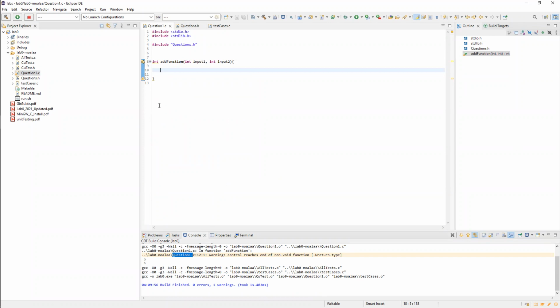And now after doing this step, I can run my project by selecting